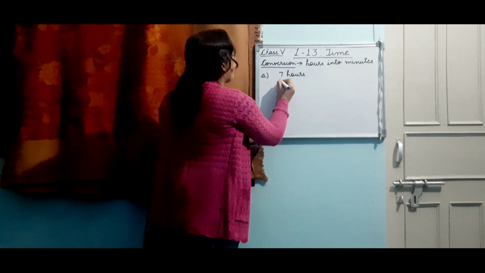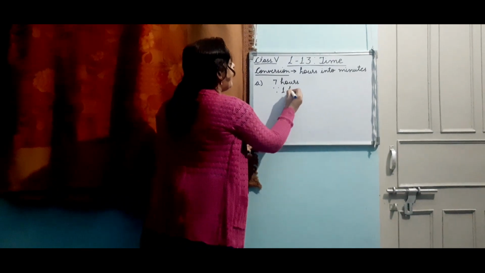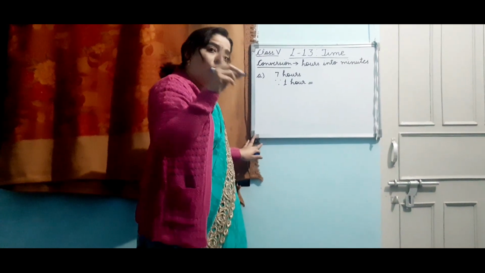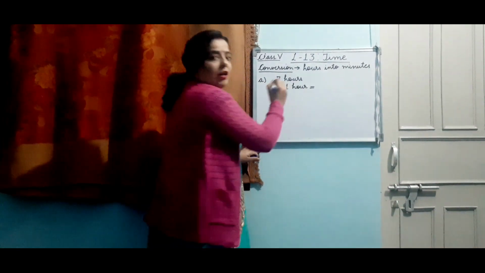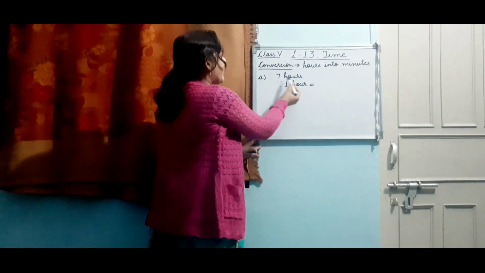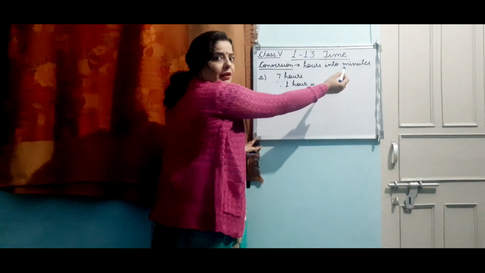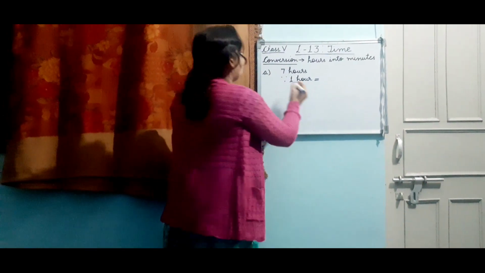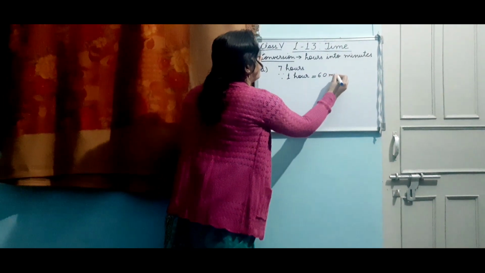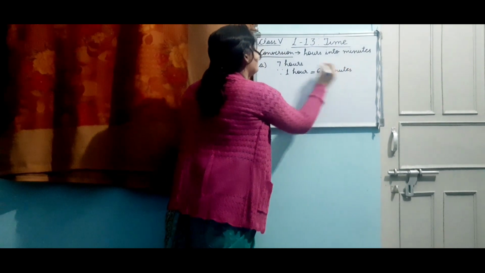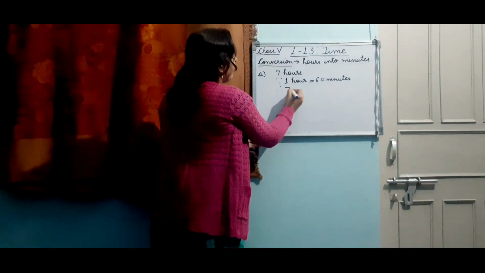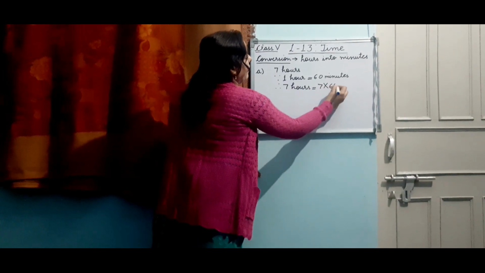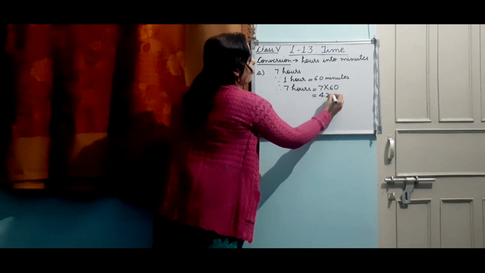That means when we write our formula, we are going to write it directly, not in upon. Upon we write when our question is in a smaller unit. So here the bigger unit is in the question. Hour is bigger than minute. So we will write it directly. So 1 hour is how many minutes? 60 minutes. Now because the bigger thing is given in the question, to get the answer we will multiply. Now what is the answer? 420 minutes.